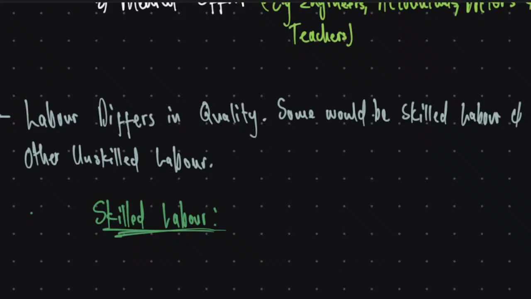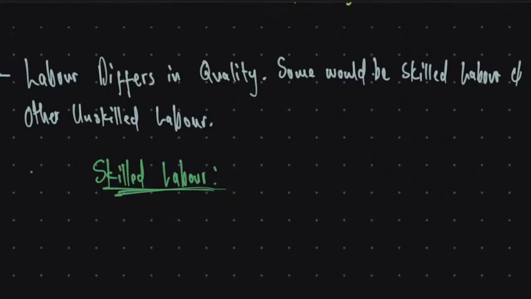Skilled labor. Workers that have more skill and more training are often more productive. They are more productive. Are we together? So skilled labor, where do you get skilled labor? It comes from